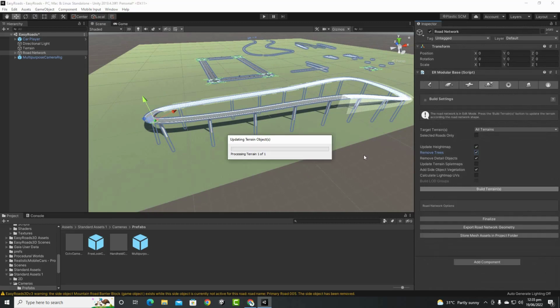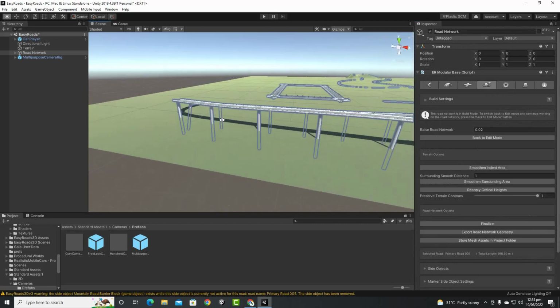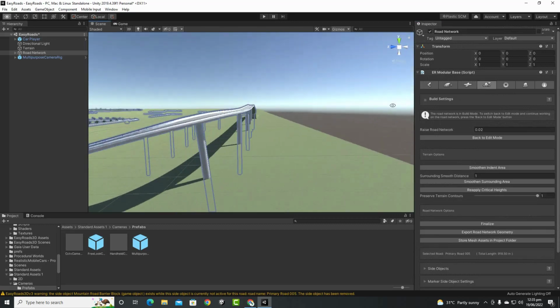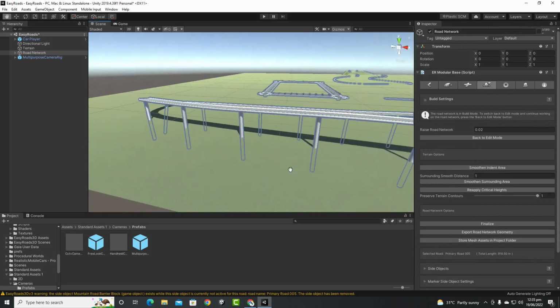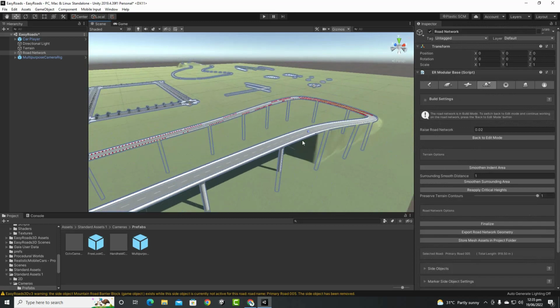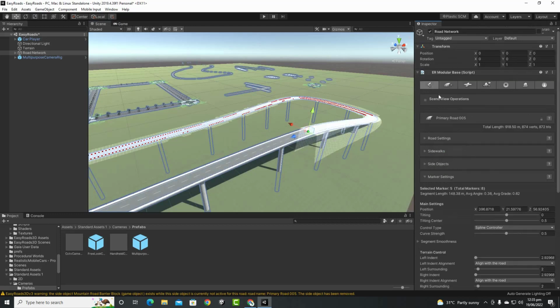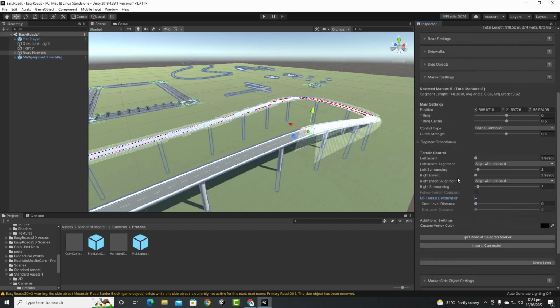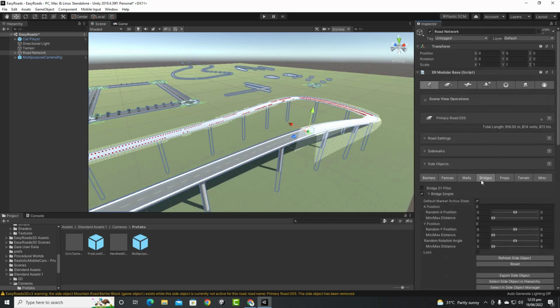you will see that we will have a nice bridge here, okay. You can see a nice bridge here, okay. So this is the process of creating bridges in Easy Roads. So we have a lot of types of bridges. So for example, here we can just move back to edit mode, and inside bridges side objects, sorry, we have other types of bridges, like